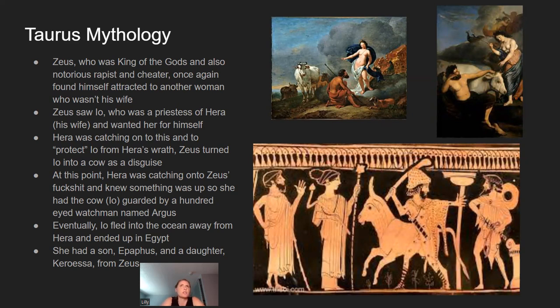Hera was like, you know, Zeus had done a lot up to this point of cheating and lying and scheming and A, B, C, D, E, F, and G. And Hera was like, you know what, dude, I'm on to you. This is stupid. So Hera went to go catch Zeus basically, and Zeus, to protect Io,